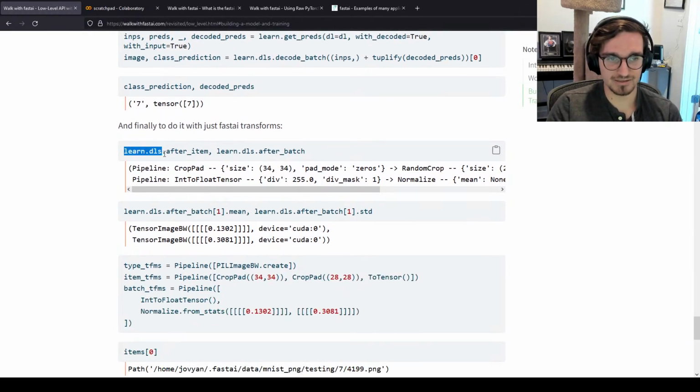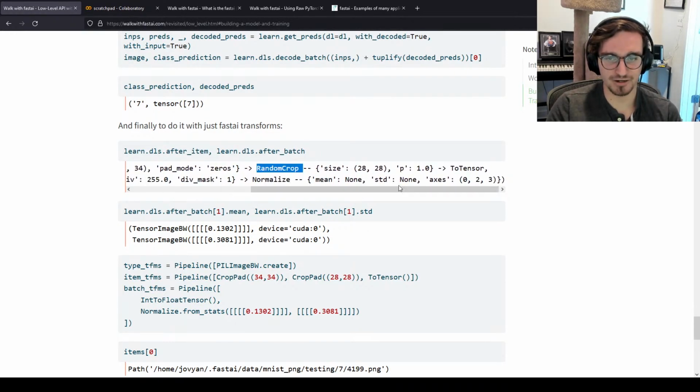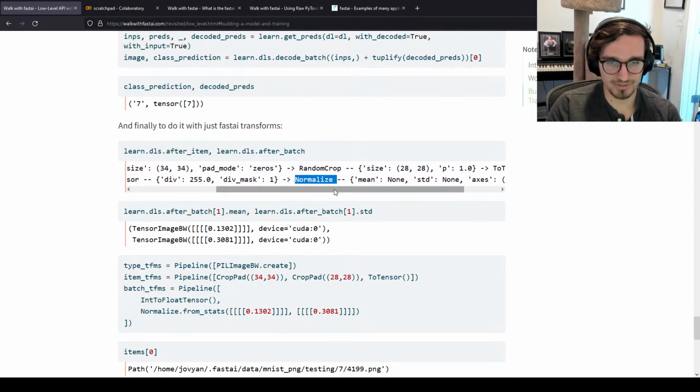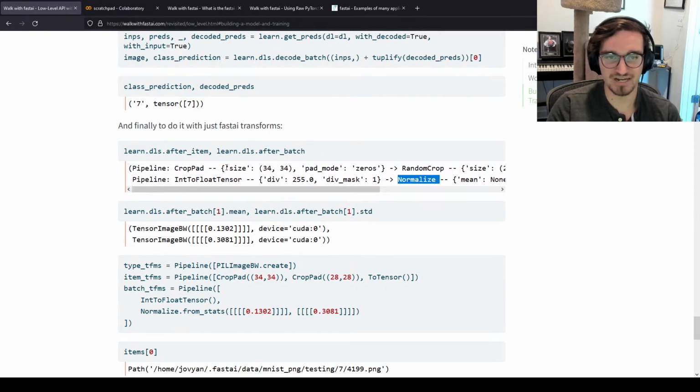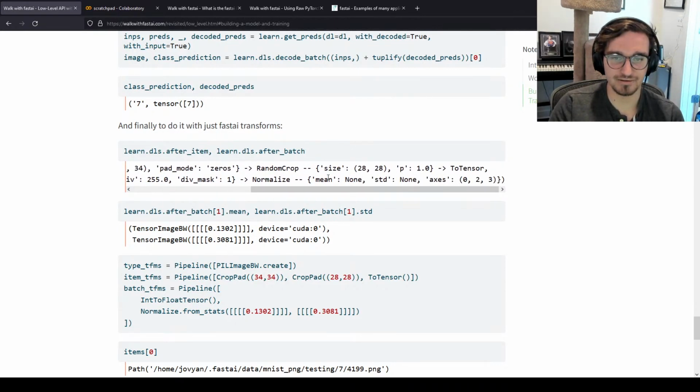So remember I said that the transforms are not stored in item and batch transforms. They are called after item and after batch. So we can look, see that they're this weird pipeline class: crop pad, followed by a random crop, followed by toTensor, like we expect, into float tensor, into normalize, and we're done. And it's got some nice information about what that transform does. Like our crop pad had a size of 34 by 34, or our normalize did not have a mean or standard deviation explicitly passed. This still has our data stored in it,